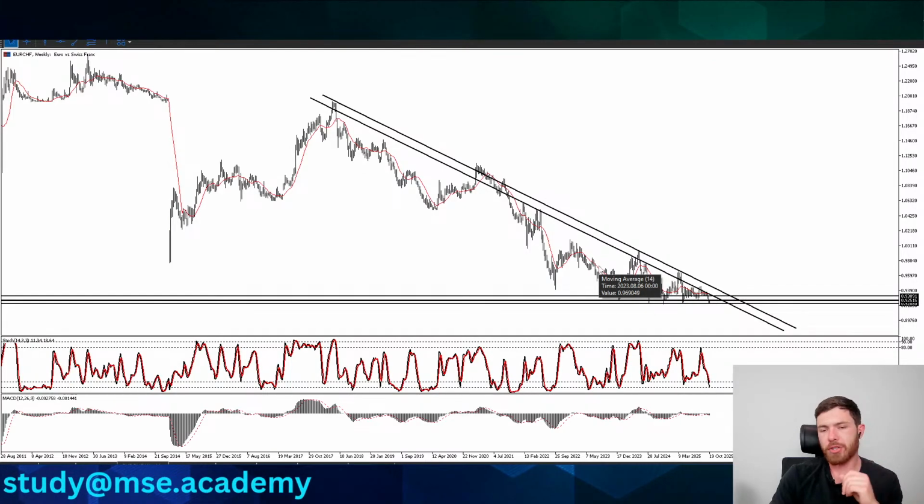The EURCHF is a great trade opportunity if you're going long, because you've got a positive interest rate differential. I believe the interest rate differential is 2.5% right now. The euro is sitting at about 2.5% interest, and the Swiss franc is sitting at 0%. So if you are buying on EURCHF, you are earning a positive swap rate, which is great considering that swaps can literally kill you when you